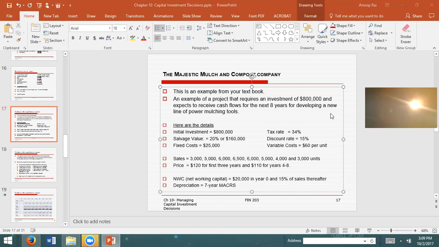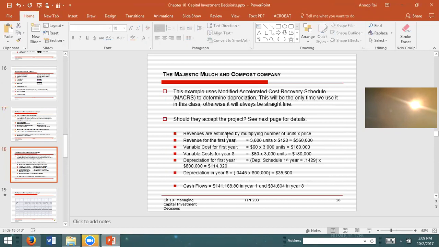Now, the only catch here is that the net working capital which we did, there is one for 20,000 in year 0, but thereafter, they have to maintain a net working capital of minimum of 15% of sales. Now, the depreciation they follow is a 7-year depreciation schedule, and this is the only time we'll be doing the depreciation using MACRS, but at least it'll give you an idea of how it works. Okay, so moving on,